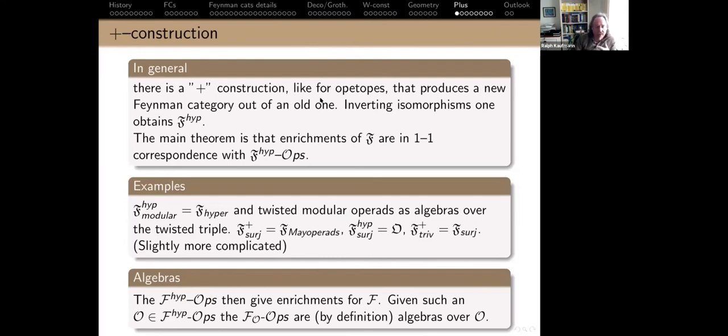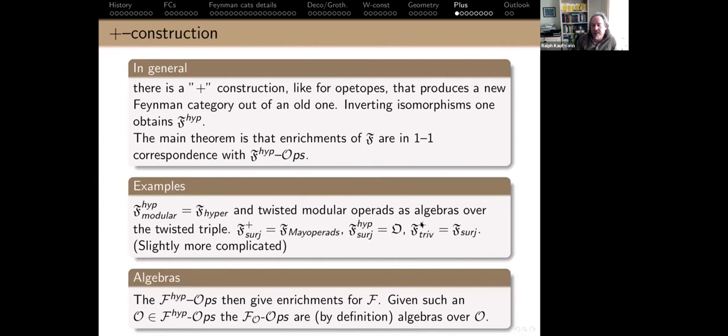We already know algebras are functors from the surjections. How do I get a module over that algebra? The answer is to use the plus construction. And there is such a thing. I already mentioned that there's a hyper version if you do this, and that's why I looked at the plus construction. I didn't know about opetopes, but I was trying to get the twisted modular operads as defined in Getzler-Kapranov. It's kind of nice. The same plus construction that gives me hyper, that's why they're called hyper modular operads for the twists, not to hype them, is actually the same one as for opetopes. It does the same thing you want for opetopes. And you can go play around with that and go one level lower.